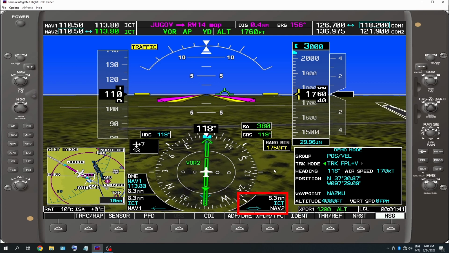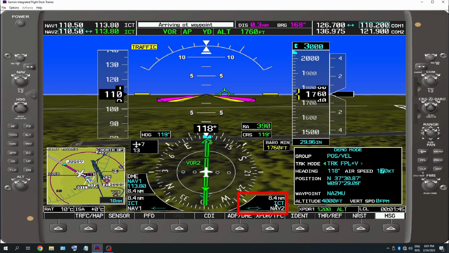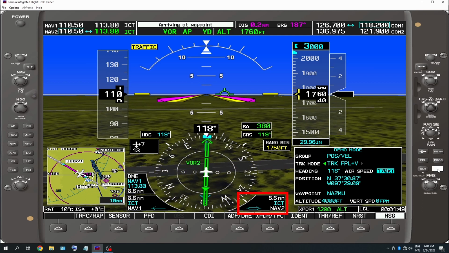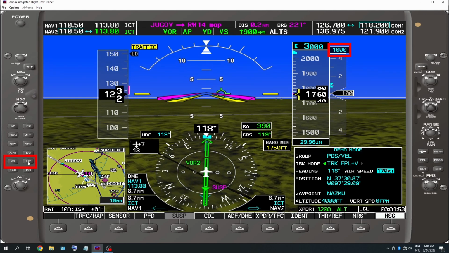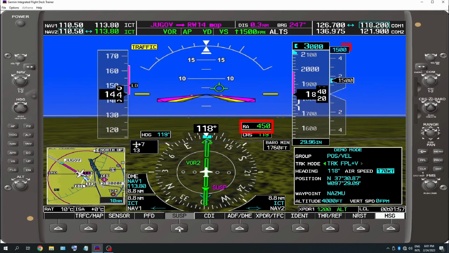There's 8.3, 8.4, 8.5 and 8.6. So TOGA, vertical speed up, flaps 15, positive rate, gear up, 400, flaps up, yaw damper off, CDI